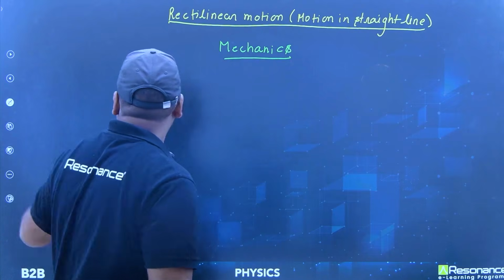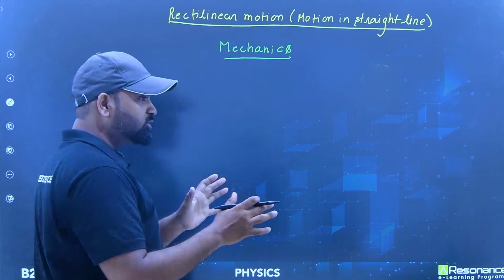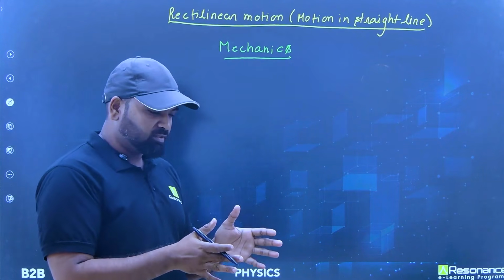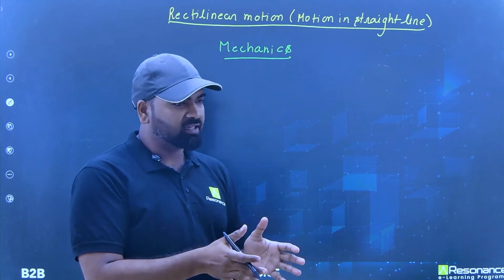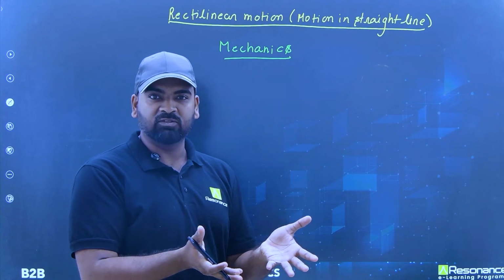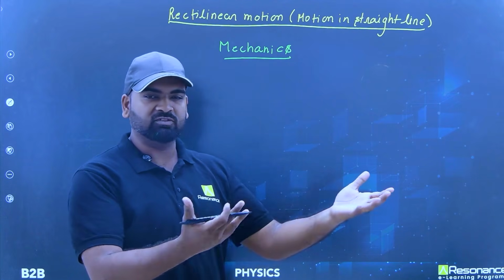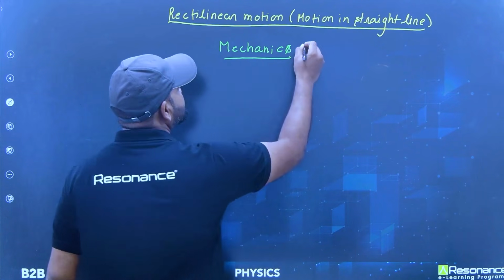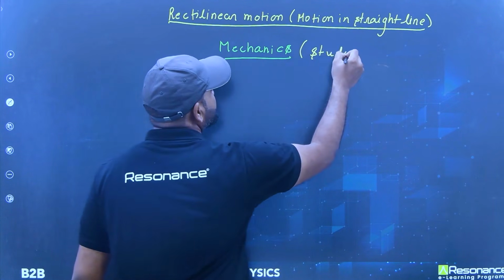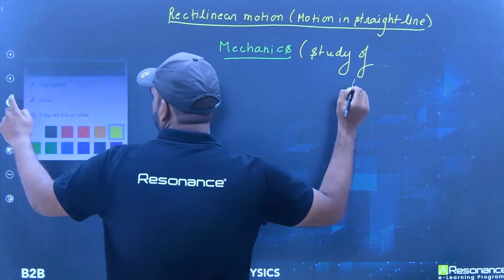Now, mechanics, in simple terms, and you need to know this one. You can't understand humans and animals unless you know how the planet is formed in the first place, a planet in the solar system. So, mechanics is the study of